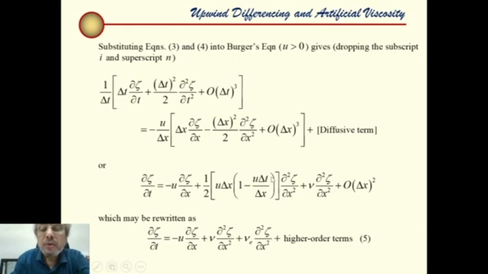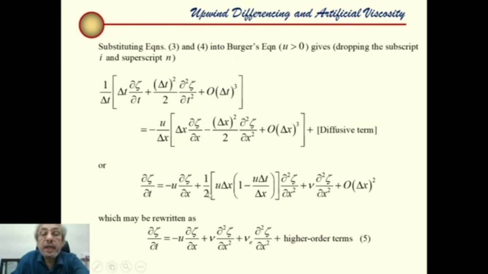So that means this is some effective viscosity, which is non-physical, arising out of our discretization technique. This entire term, half u delta x into 1 minus u delta t by delta x, is taken as nu e, which is artificial viscosity. Since this second order term is behaving like a viscous term, but this viscosity is not a physical property. This is coming because of,